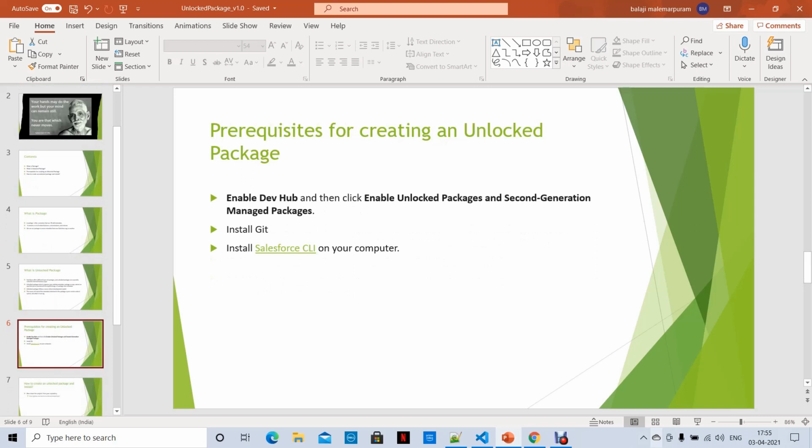So let's see all the prerequisites we should have for creating an unlocked package. First, you have to enable Dev Hub. In real time, it will be in our production org. Normally you can also enable Dev Hub in a developer edition, and you have to enable unlocked packages and second-generation managed packages. I'll show you how to do it.